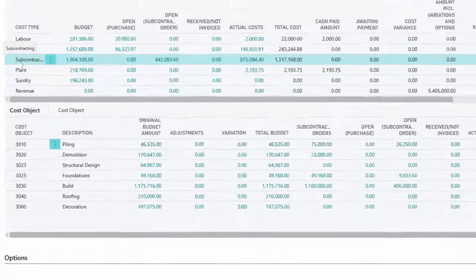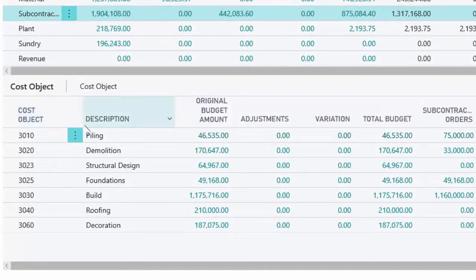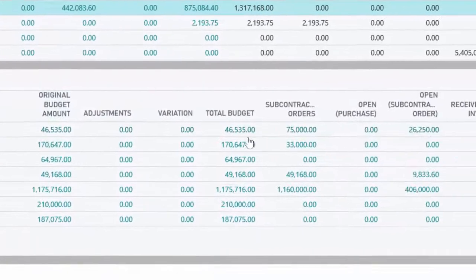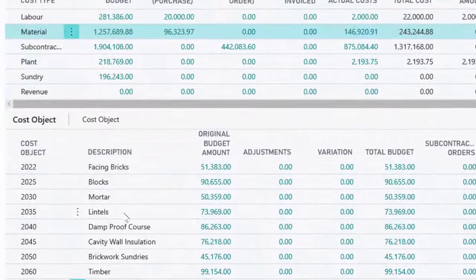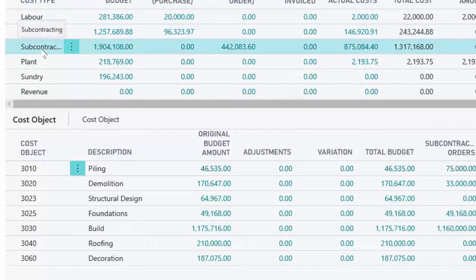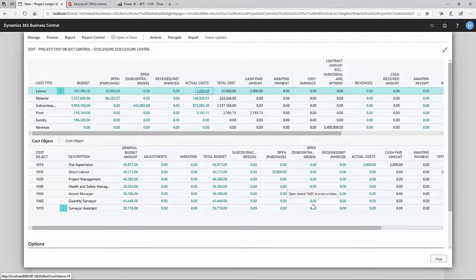If I click on subcontracting, for example, you can see down the bottom now I've got all my different subcontracting packages laid out with my budgets, my orders, values, all my actuals coming through from payment notices, etc., etc. Click on materials to see that I've got a load of material cost objects down the bottom there with all the same kind of information. So this kind of represents the project as it's flowing. You've got lots of information coming in into that project control. Now, if I close that down,